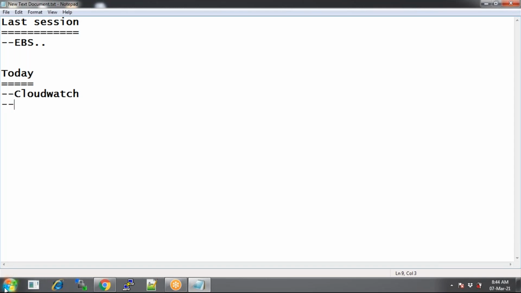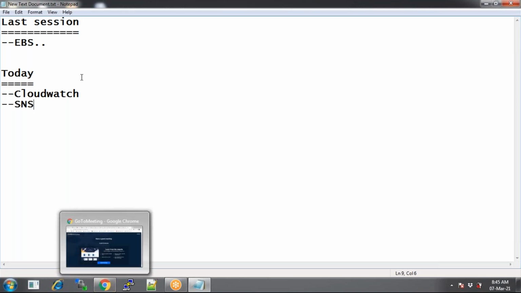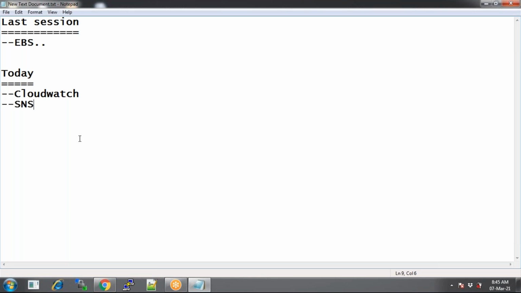CloudWatch as well as SNS, Simple Notification Service, and then CloudWatch. So firstly, if I have an instance, it might have some performance issues, there might be downtime issues, right? So how do you monitor these things?